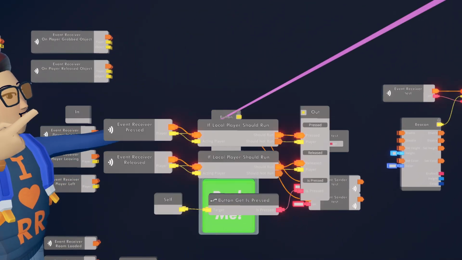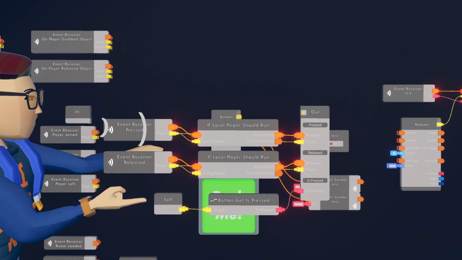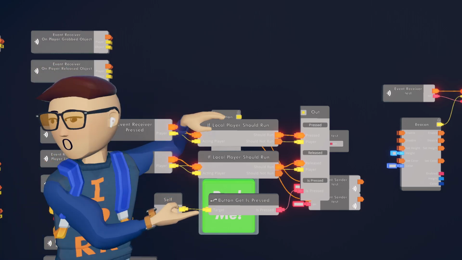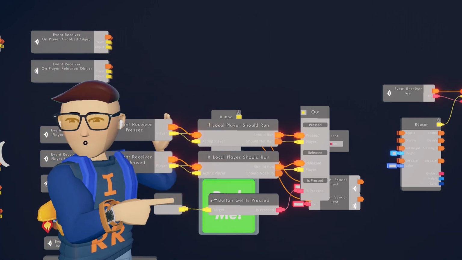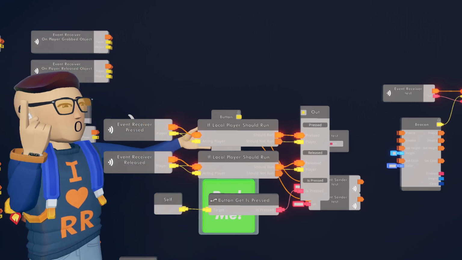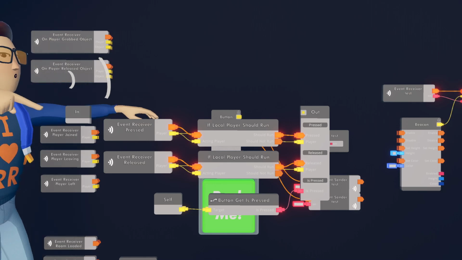The way it knows to run is because it looks at which object board it's inside of. It knows it's inside of a button board, and it knows that it can run when you interact with the object that object board is associated with. So it wouldn't make sense to have those events outside of the board, which is why they're only available in there.